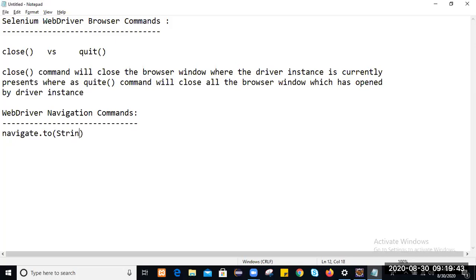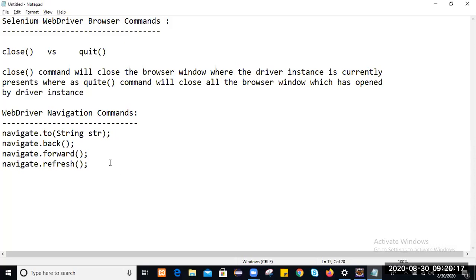It will take a string object as input. Then we have the navigate.back command, the navigate.forward command, and the navigate.refresh command. If you want to refresh the page, these are the four commands.